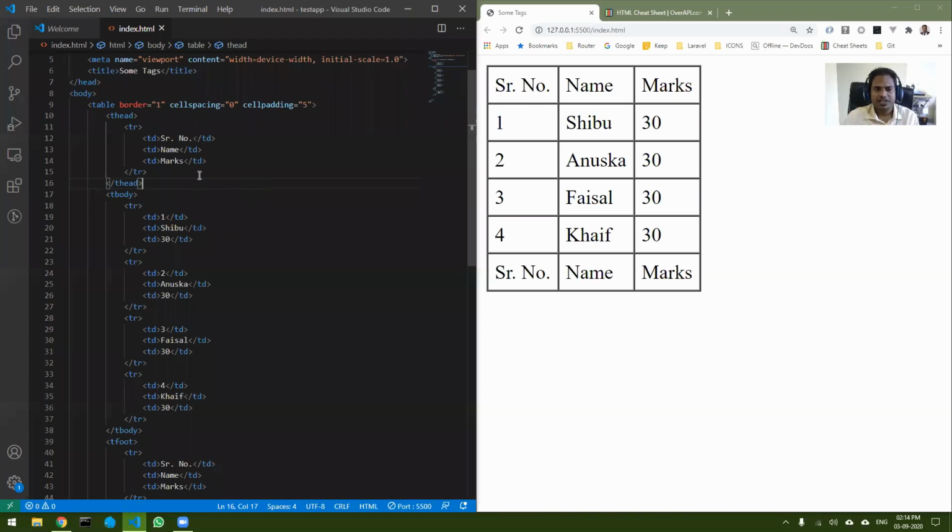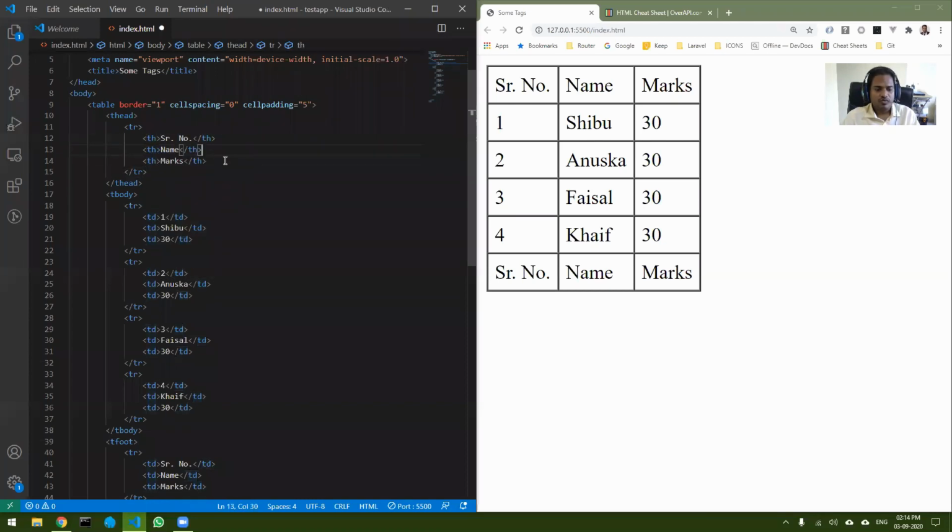Another very important thing is to tell the search engines which are the actual headers and which are the important elements of your table. Instead of td, we use something called th, table header. So wherever there is td, I'm going to replace it by th.